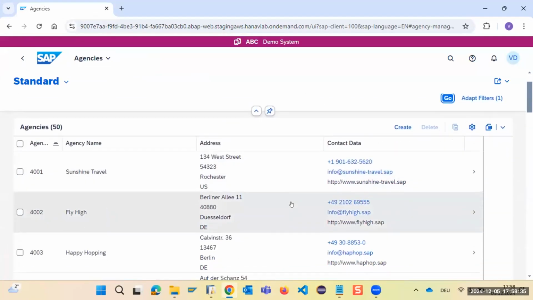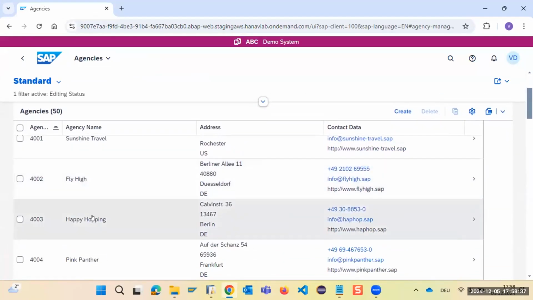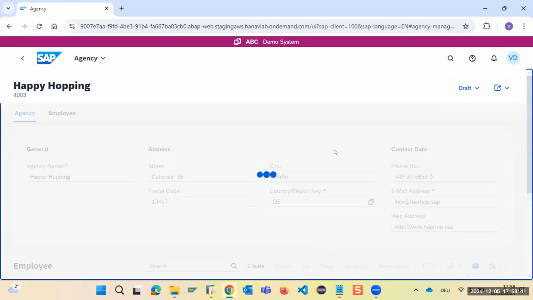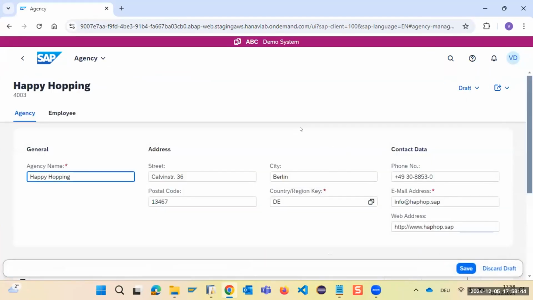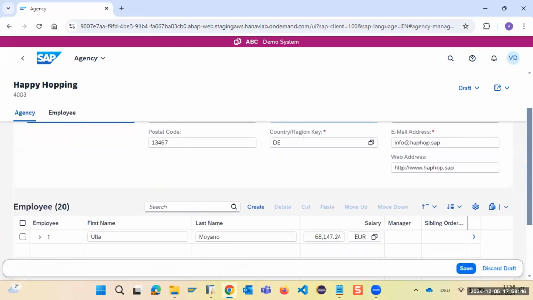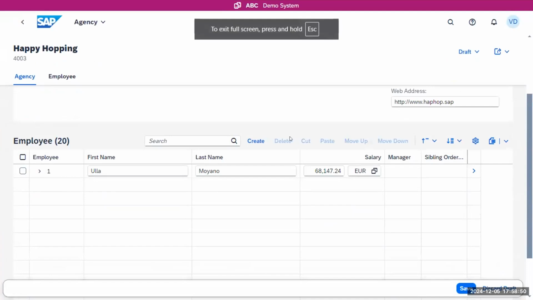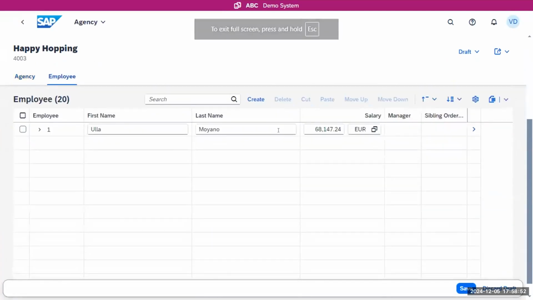And this is what you can edit with this application. I will step into one of the agencies and switch it into edit mode. At the header, you see the regular fields, as you know before, like in a regular object page. But underneath, and we will do this in full screen, so we have a little more space, we have this editable tree view for the employees.